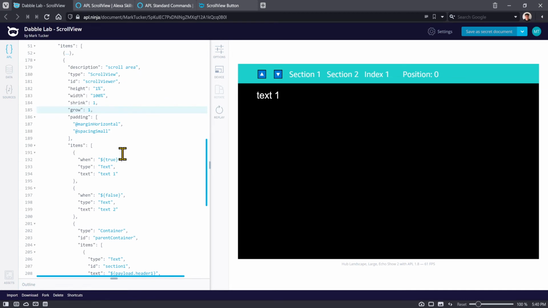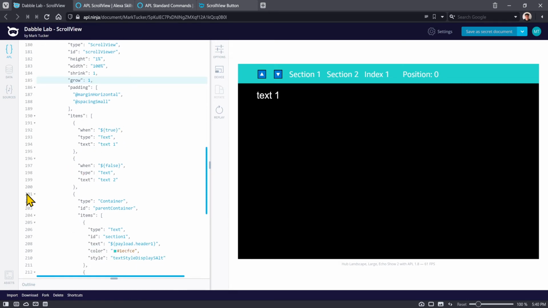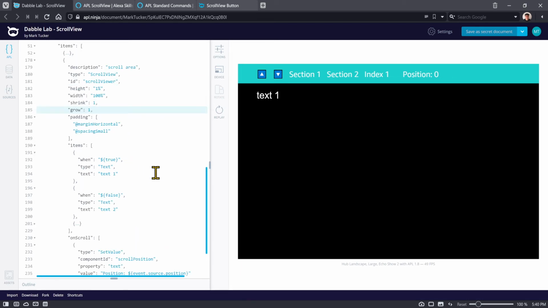The key thing to look at here is that right now the text is saying text 1, and that's because this when condition is set to true. Some condition in here, it could be anything, some data binding expression, but in this case, we're just saying it's true. What's going to happen is if there's multiple children, in this case, there's 1, there's 2, there's 3 children that are in this items collection for the scroll view, it's going to find the first one where the when condition is true. So it's going through this list, and it finds the first one is true, and so it picks it. If this were set to false,